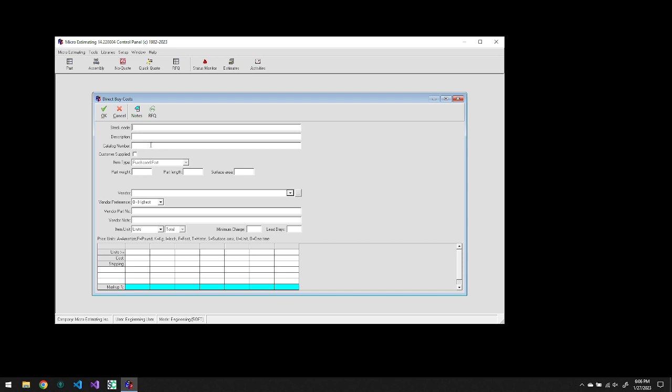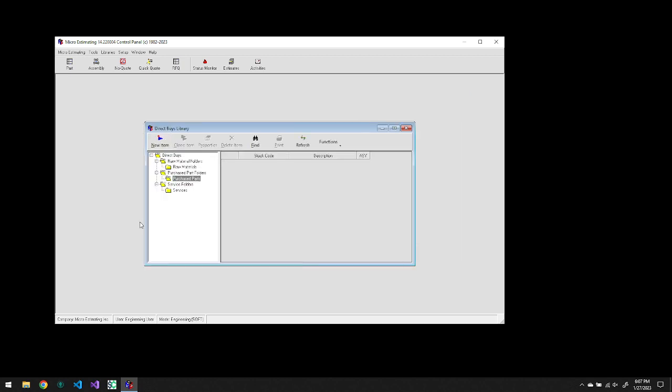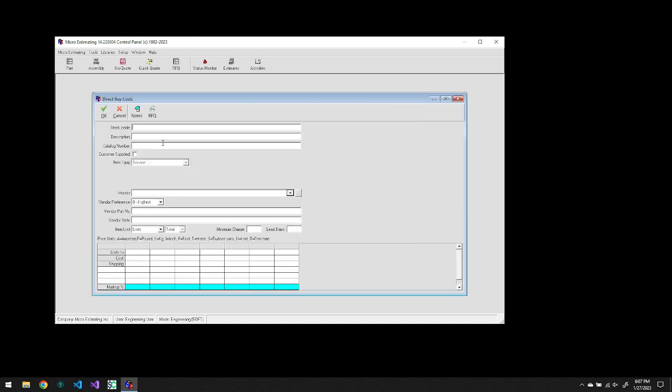The same thing for our purchased parts. We can put in the part weight, length, and surface area. And for the services,